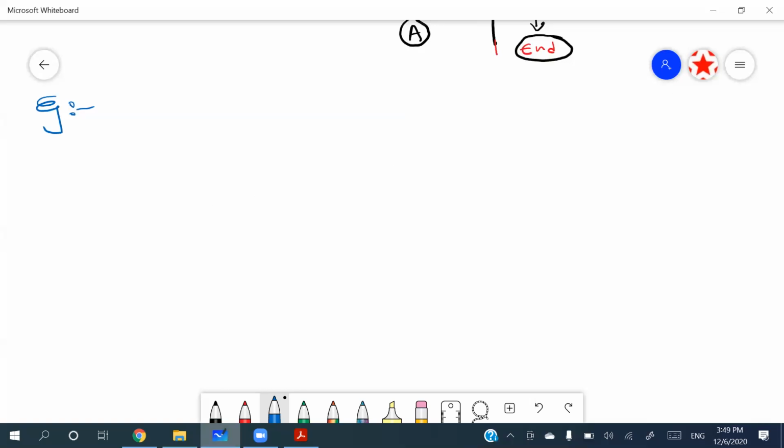So the first example is this. Draw a flow chart to display